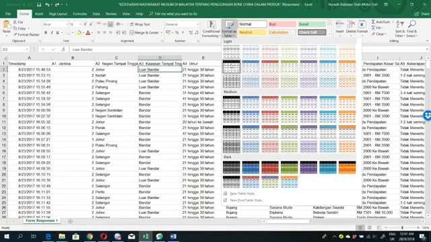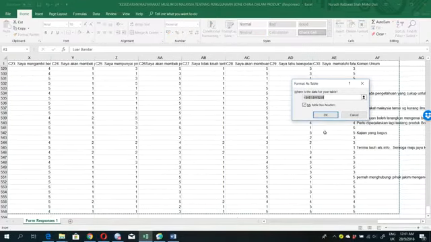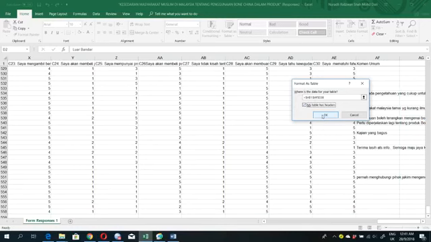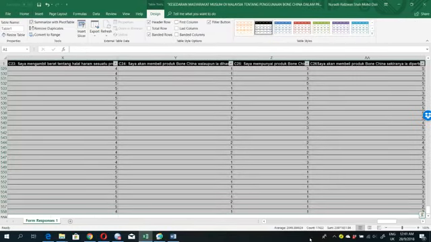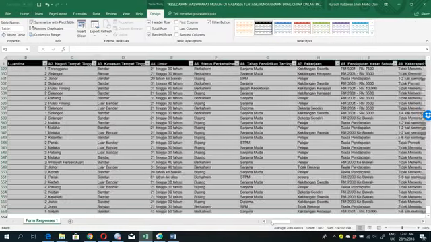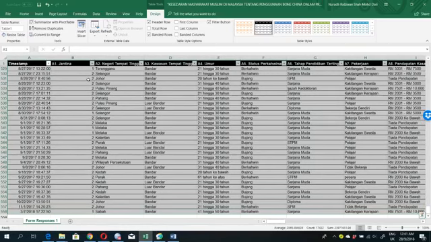Maybe you want to choose this, and then you click on my table has headers. So this is all the table, and it becomes a table. Now if you just want to change banda to one,